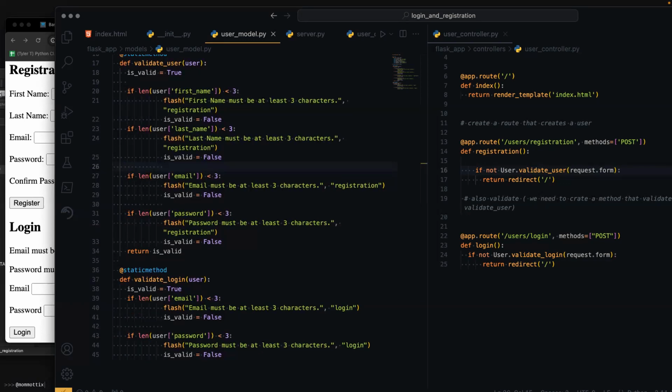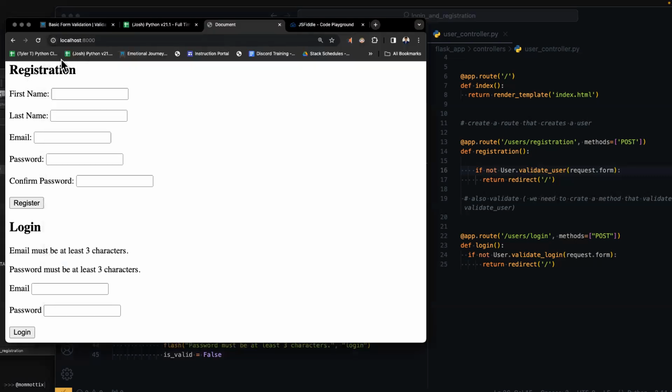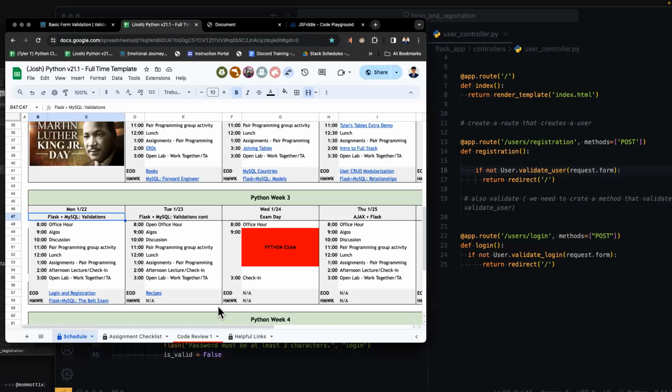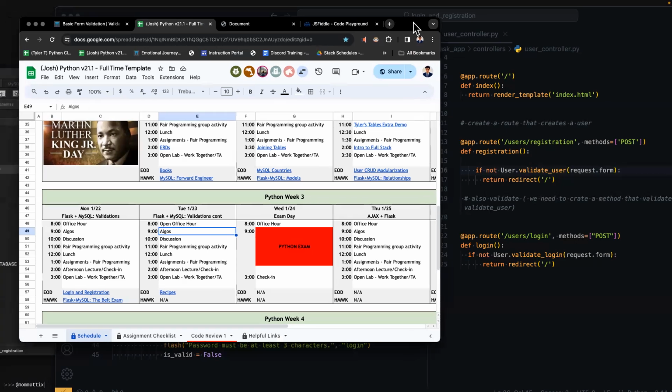Okay, and I see here a question by James. Is the BELT exam still going to be available to take on Wednesday if lectures are about a day behind? So we are still taking the exam on Wednesday. We should still be caught up by then. We will have our full stack app done by tomorrow. By the afternoon lecture, we should be squared away, because what our app does